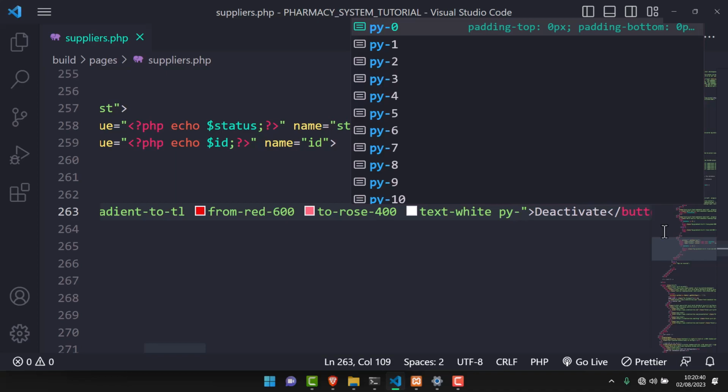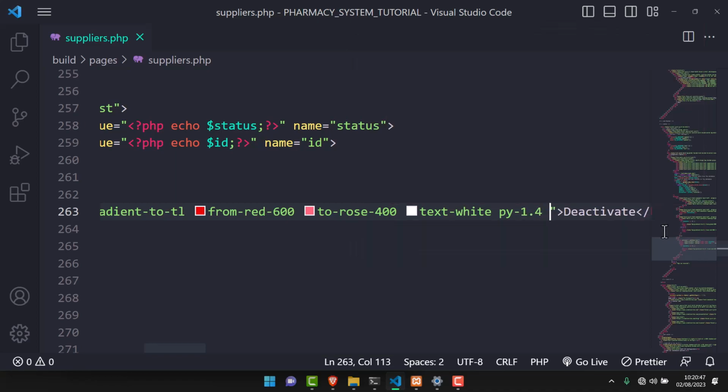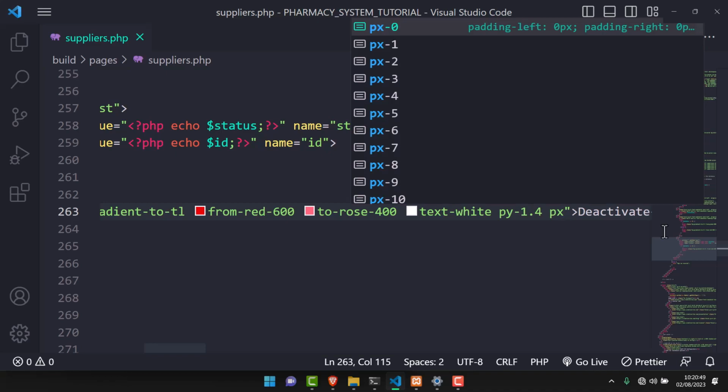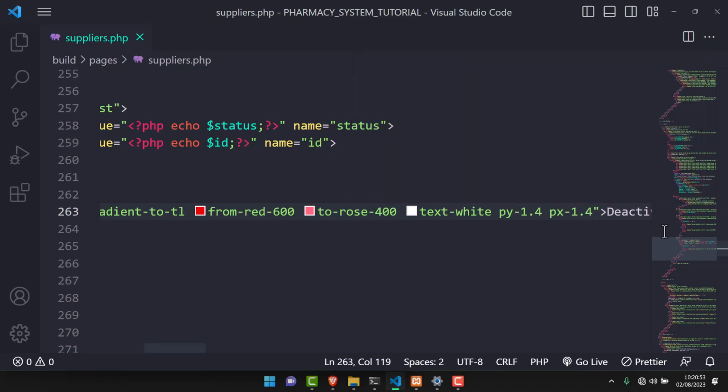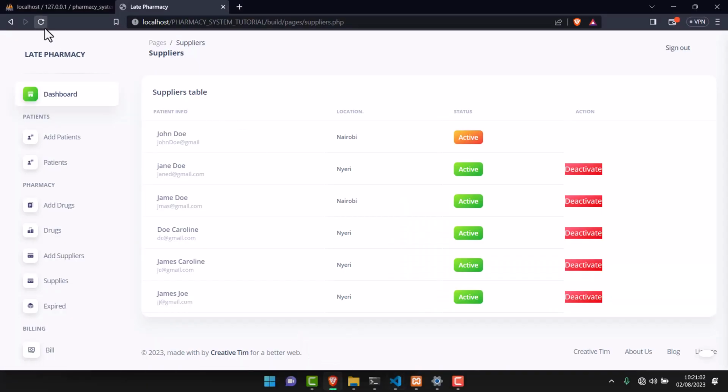So that one, maybe I can talk of 2 or maybe 1.4, and also px, that is padding right and left, and maybe still 1.4. I would have even said p, that is padding all round of 1.4, but let's see how that works, and so we can see if